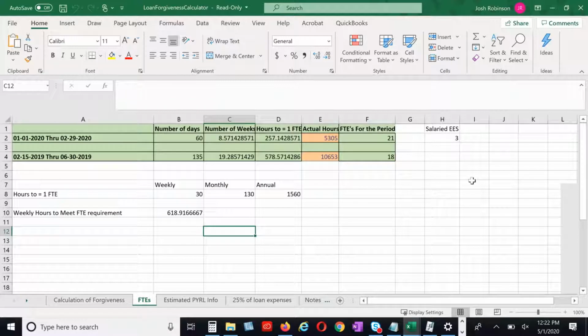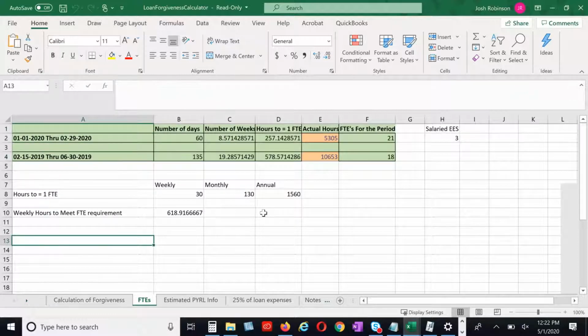Okay, so this tab is actually something I've now put reports in place for everybody to show you, to automatically calculate your FTE counts for each of the spans of time that you're going to need to consider for your forgiveness calculation. But the gist of it is that the CARES Act allows you to pick one of two spans of time to determine the FTE count that you've